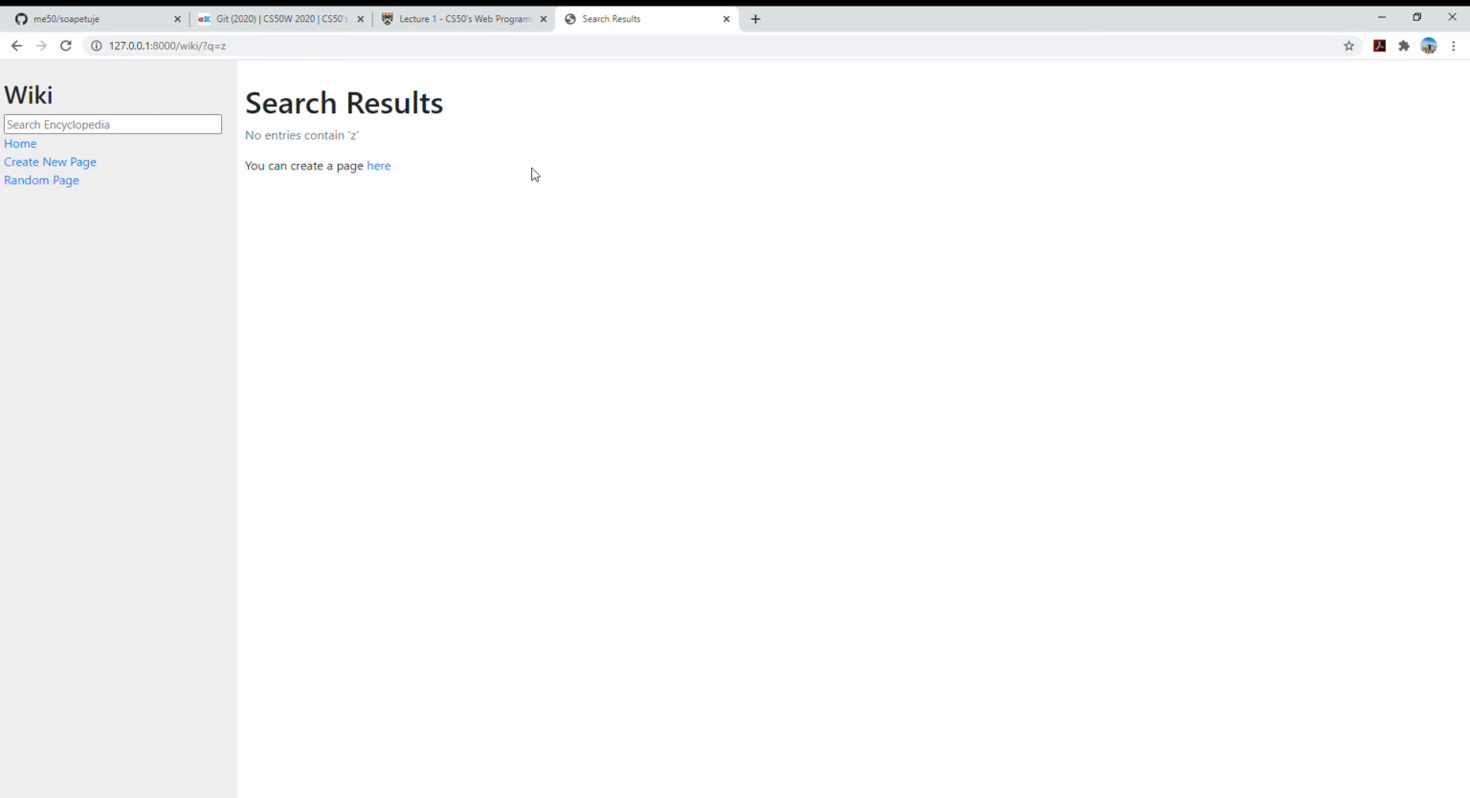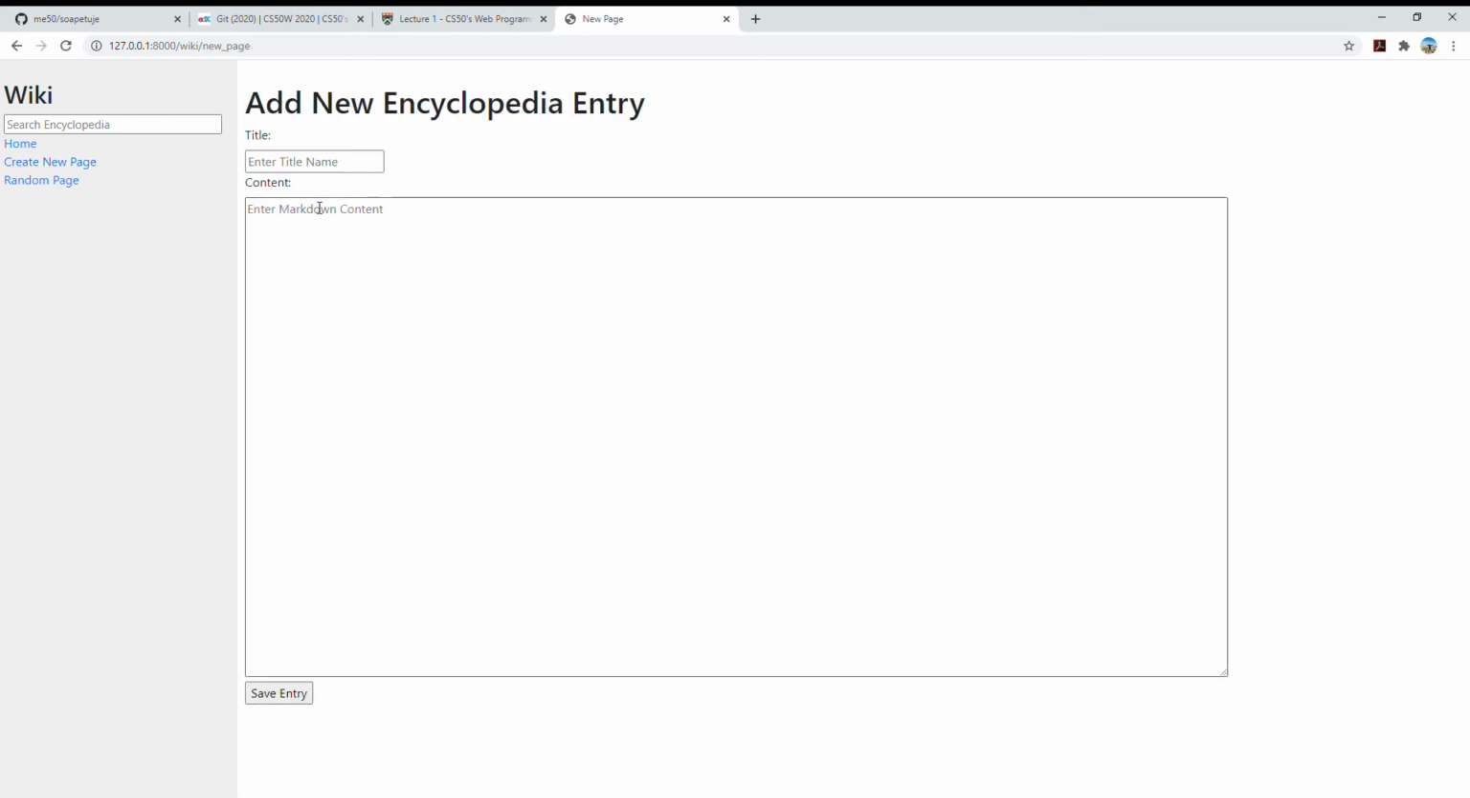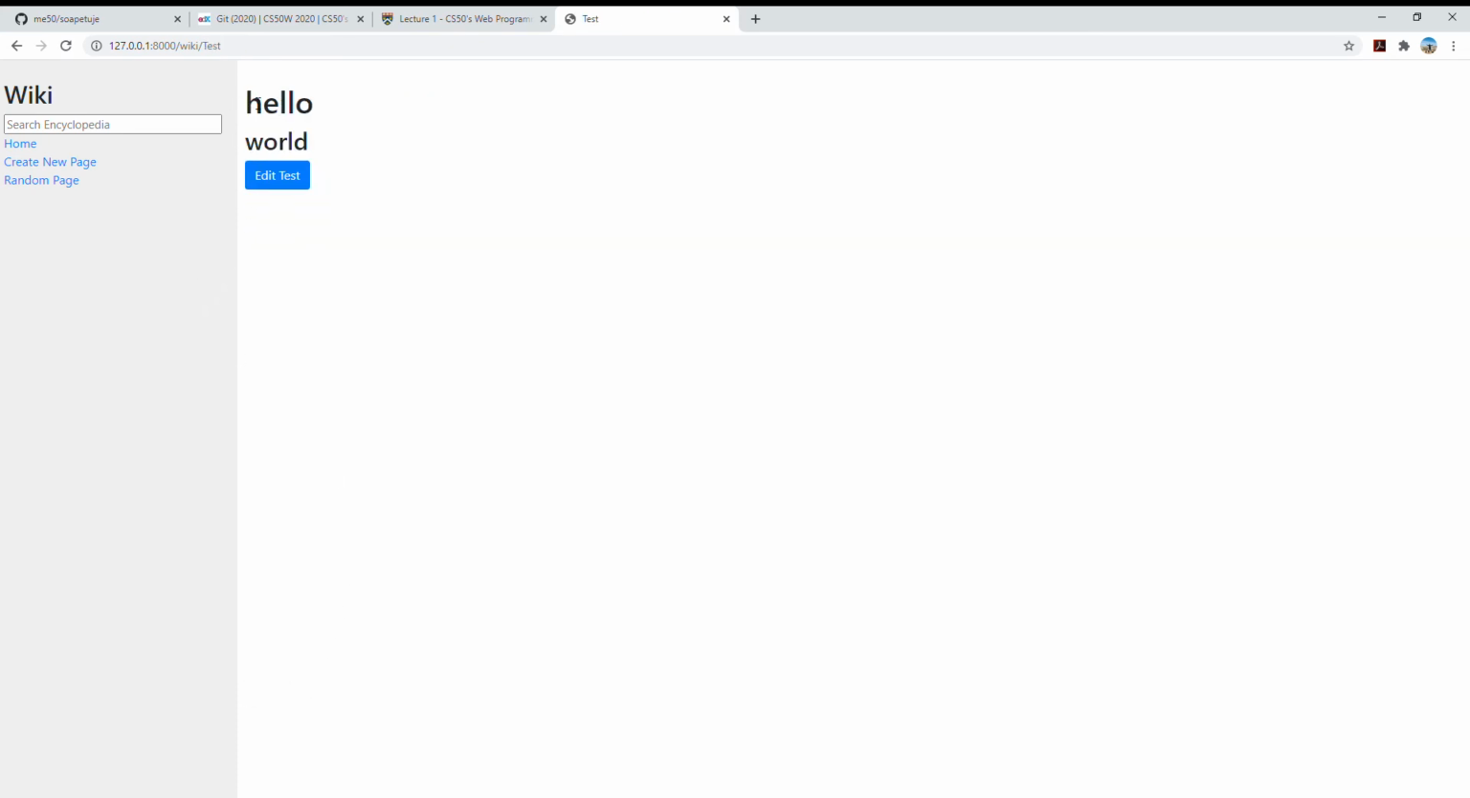Next up is creating a new page. The requirement for this is that clicking on this link right here, create a new page, should take the user to a page where they can create a new entry. It allows them to input the title as well as the markdown content for that title. So I'm going to enter some simple markdown here, a heading and a subheading. And when the user hits save, the user should be taken to this new entry's page. And here are the